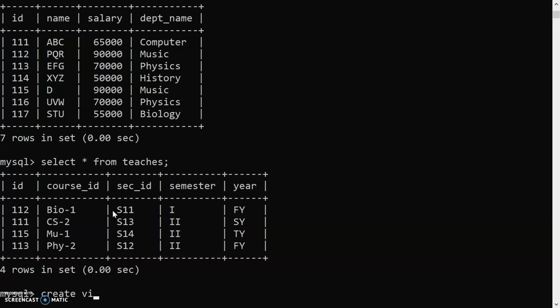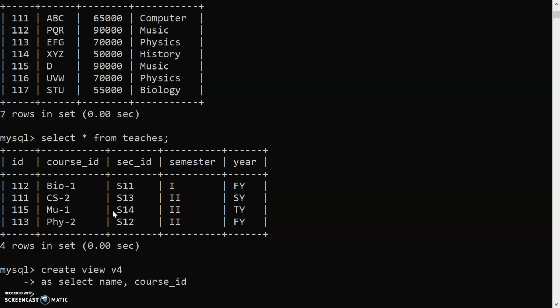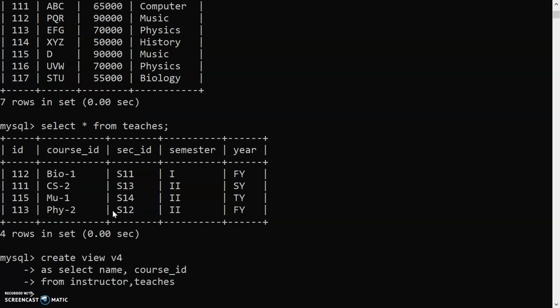Create view V4 as select name, course ID from instructor, teaches where the condition is instructor.id equal to teaches.id.